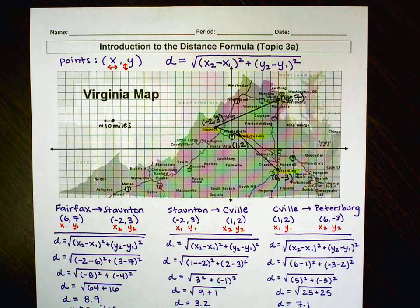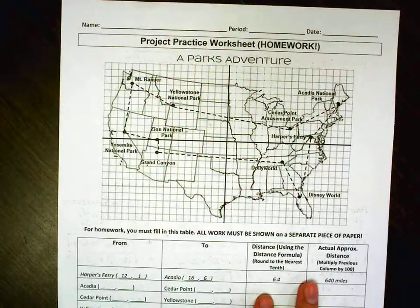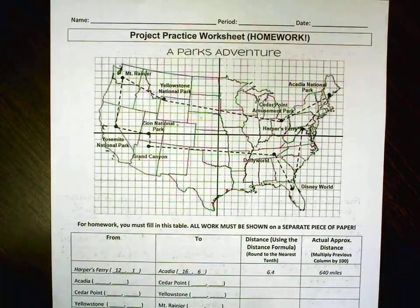So go ahead and flip this over to the back now. You guys are going to do exactly what I just did, but you're going to go on a parks adventure. So I love national parks, and in the